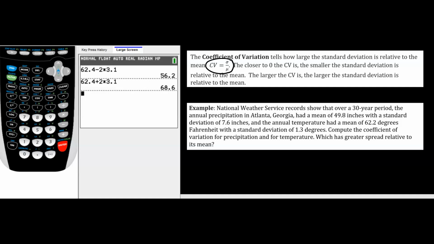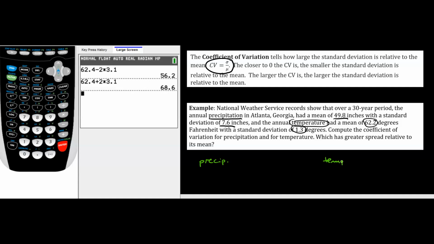So let's look at this example. It says National Weather Service records show that over a 30-year period, the annual precipitation in Atlanta, Georgia had a mean of 49.8 inches with a standard deviation of 7.6. Okay, and then the annual temperature had a mean of 62.2 degrees with a standard deviation of 1.3 degrees. Okay, so precipitation and temperature, that's kind of what we are comparing here. Compute the coefficient of variation for precipitation and for temperature. Which has greater spread relative to its mean? And so we've got precipitation